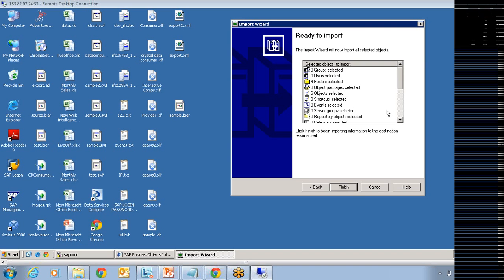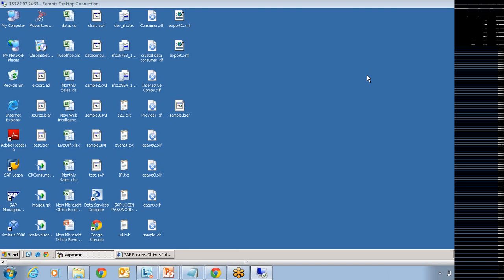That is for publishing wizard. So that is about the import wizard and publishing wizard we have in the 3.1 version.